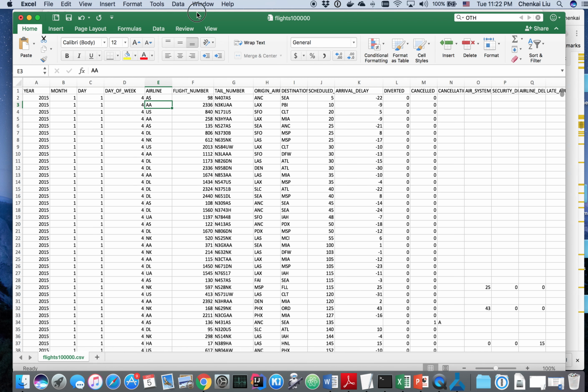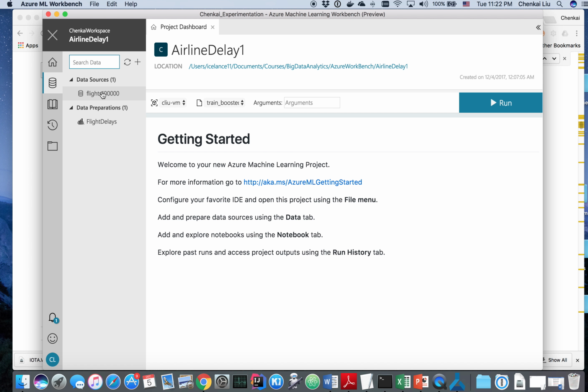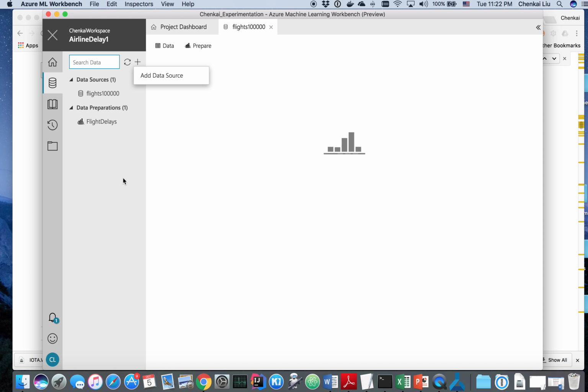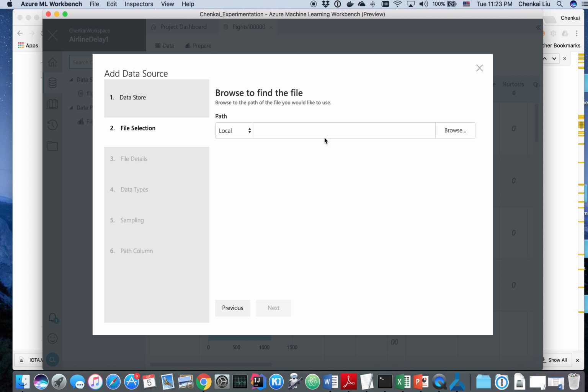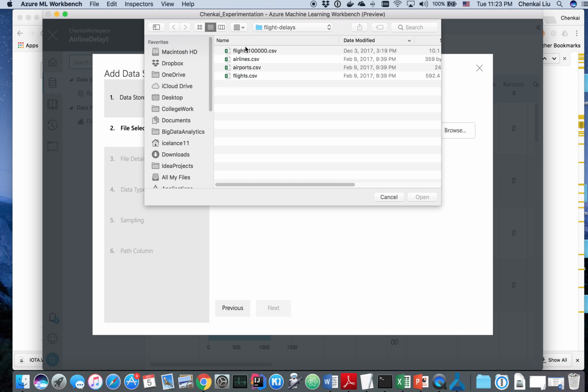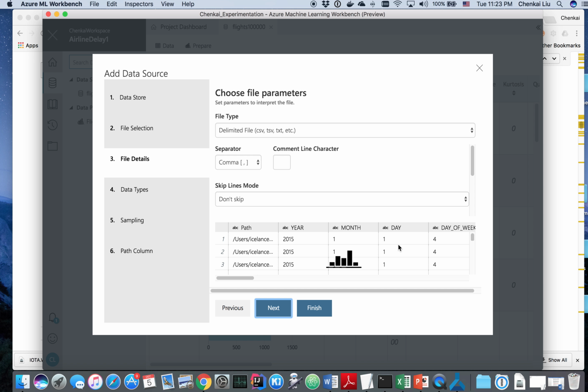So basically this is the data that I imported here. Let me just show you what it looks like when you want to add a new data source. You say I want to point to a file, and you choose a number of different formats. In this case, it is CSV,